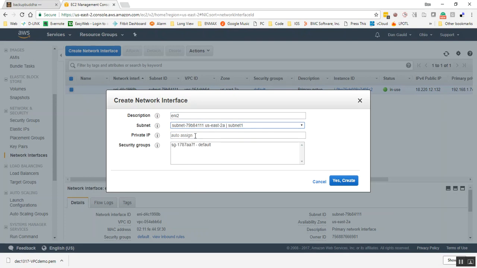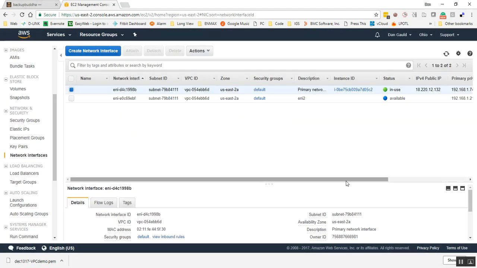Private IP. Okay, we're going to select that to 192.168.1.21. And just to be safe, just select that highlighted, even though it's the only one that's there. I'm not sure, let's just do that. And just double check everything. I think we're good. Let's go yes, create. Okay, so we should be good. So now let's go to our